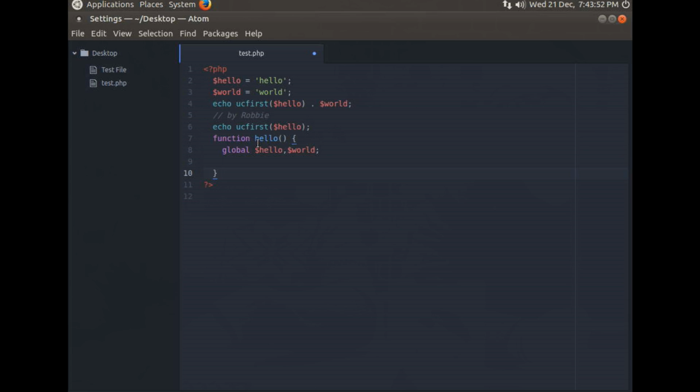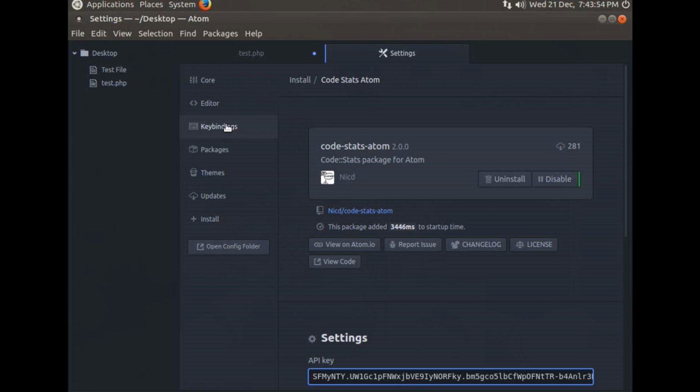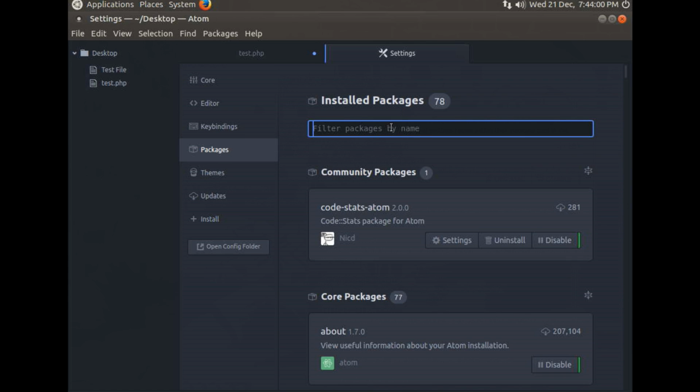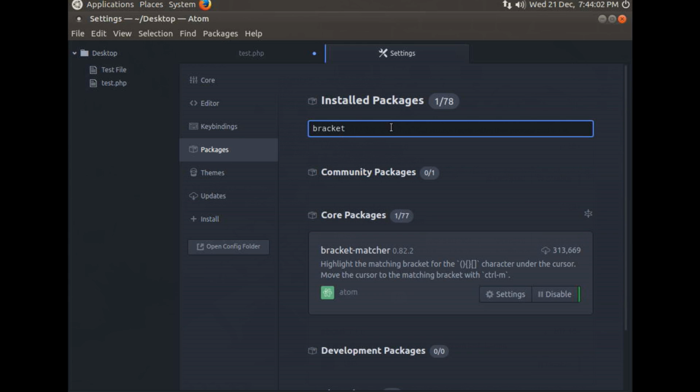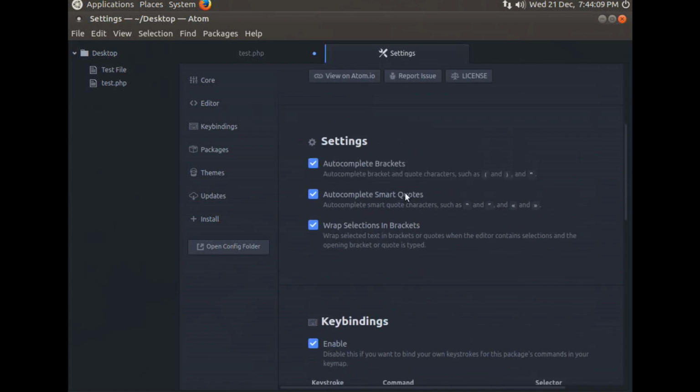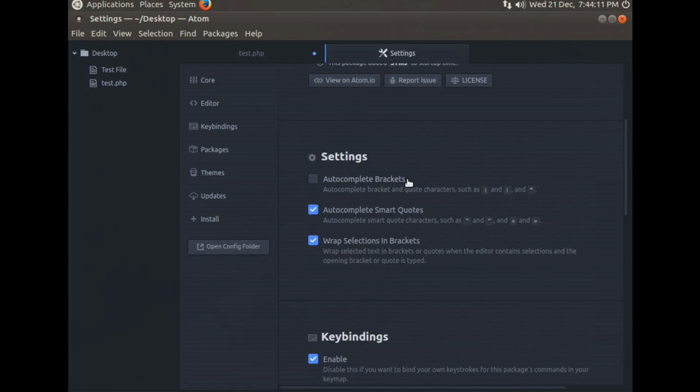Let's again hit Control comma to go into our settings, and then we can go into core. And oh no, you know what? I'm going to go into packages here, and we're going to do a search for bracket. And you see the bracket matcher there. Let's go into settings. And we can change the behavior so that it doesn't auto-complete everything. Like if we wanted to stop auto-completing brackets, I can actually turn off that feature while still leaving the